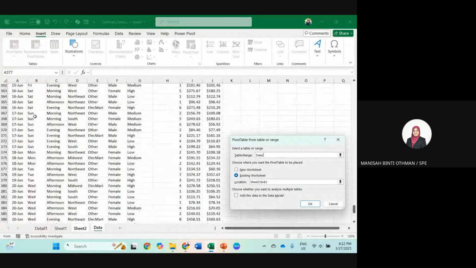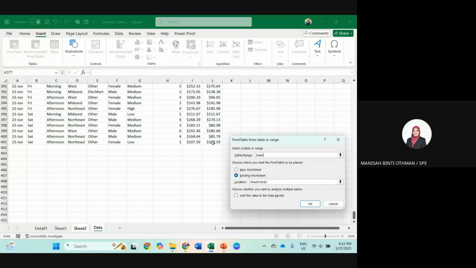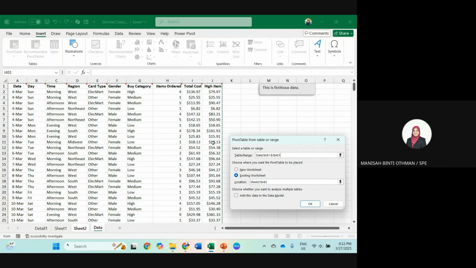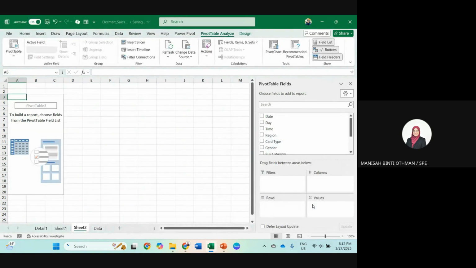And select all data, Control Shift left and up. Okay, right? Select everything. And I want to put sheet A3 and click OK. Okay, so either you go to that and then add the new worksheet, or you can go either way. You can add the table. Okay, so let's say I want to add the table to display this.